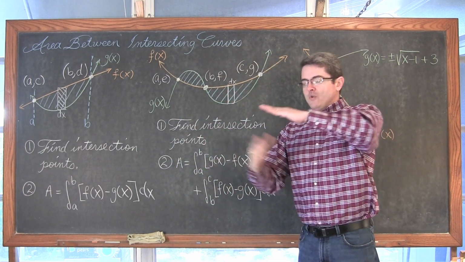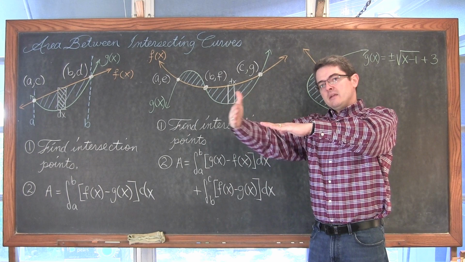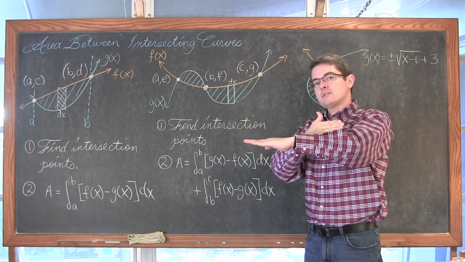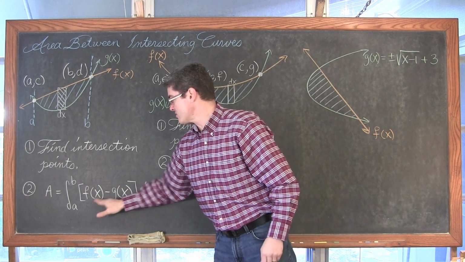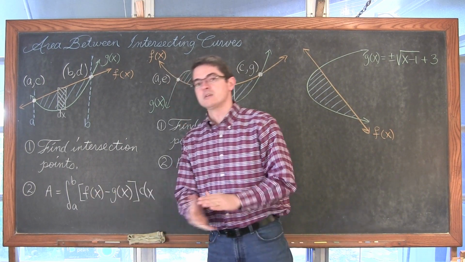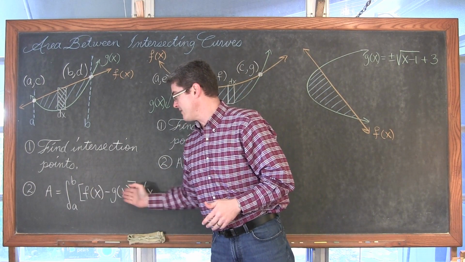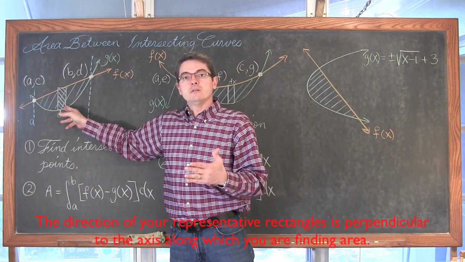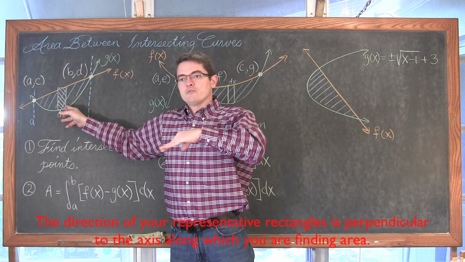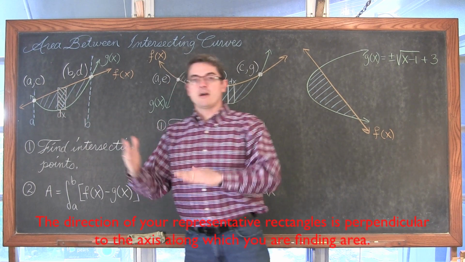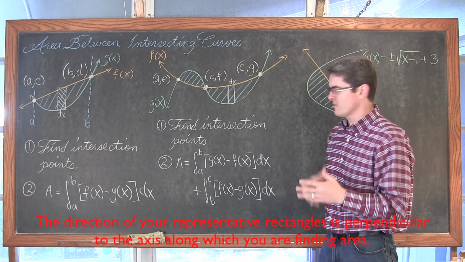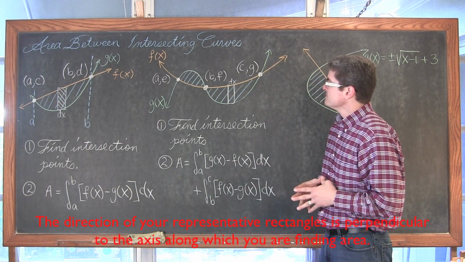So if you want to find the area and let the x values determine the lower and upper limits, you're going to be doing that when you are talking about functions which are in terms of x, and those functions giving us a y value which we are subtracting. Or you could say, if you're using vertical rectangles, then you're finding the area along the horizontal distance, a defined value, that's defining our closed interval.